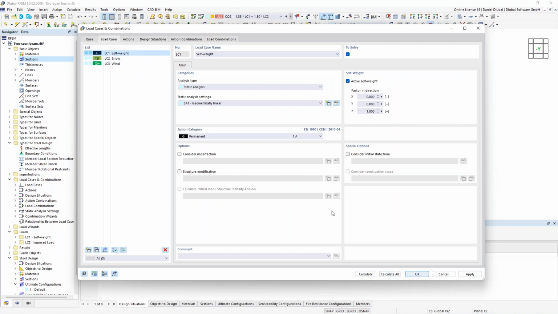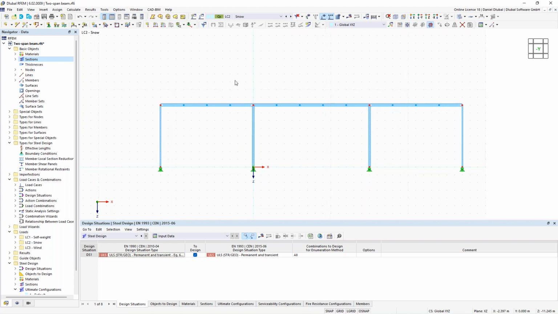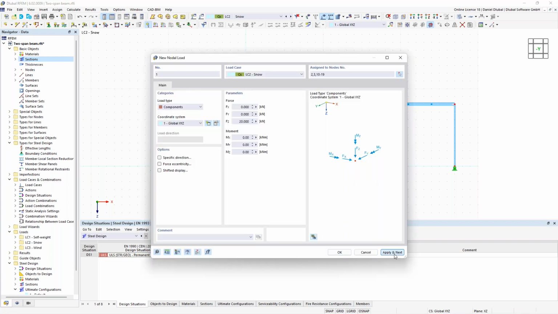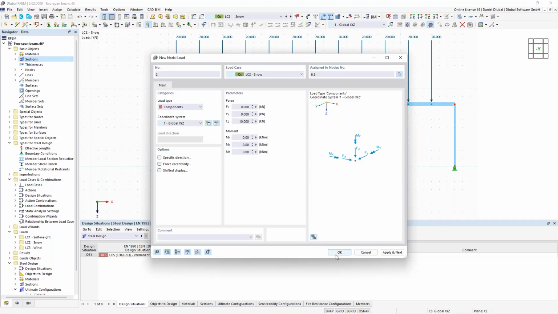I click on self-weight, I say okay, now let's apply the load. For the load case 1, self-weight, we don't have any loads. Now let's take a closer look at the snow loads. Here I want to consider point loads with 20 kilonewton. I choose these nodes. I click OK, say apply and next. And for the outer nodes, only 10 kilonewton. And this is a really nice advantage of RFEM 6. I can remain in the same dialog, just choose different nodes, say OK, and OK again, and we have it